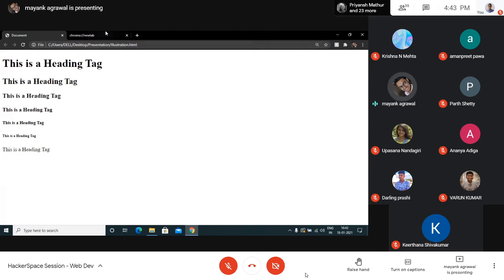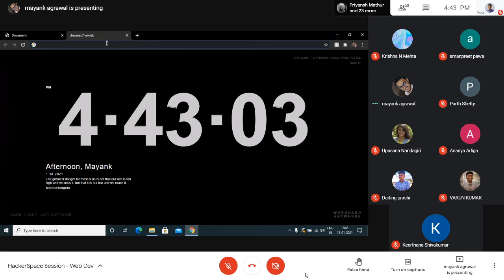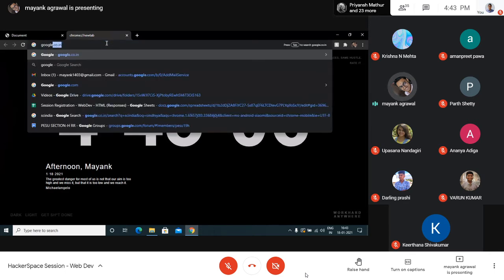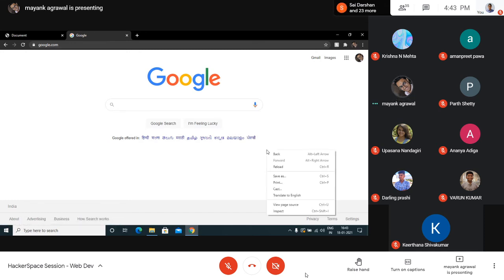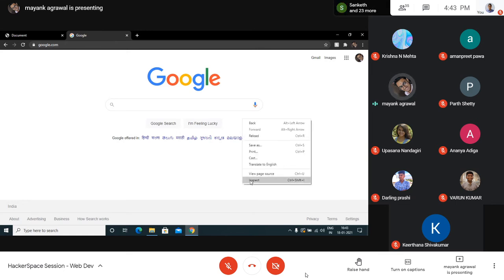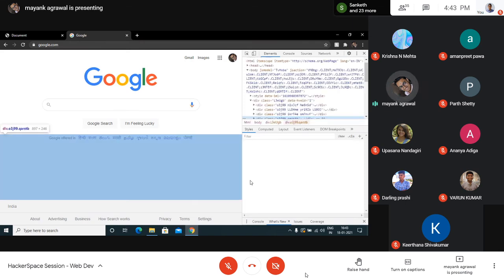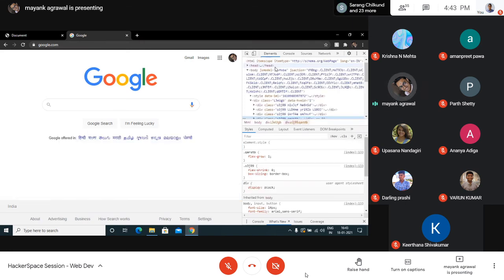Before we go more on this, I'll show you one more thing that we'll be using quite often when you'll be building sites or web pages. First, you open any website, right click and inspect. This is the developer tools that popped up over here.